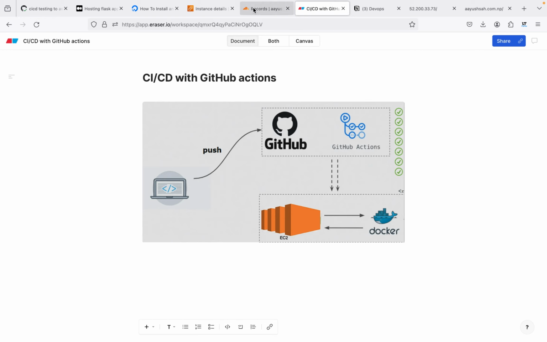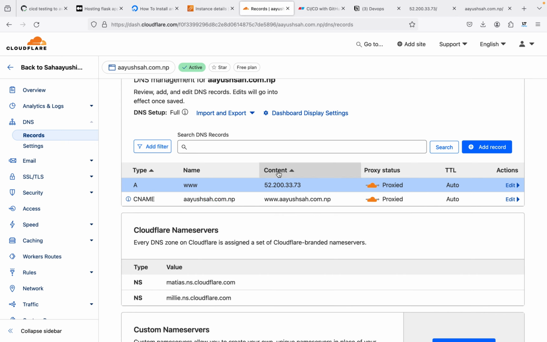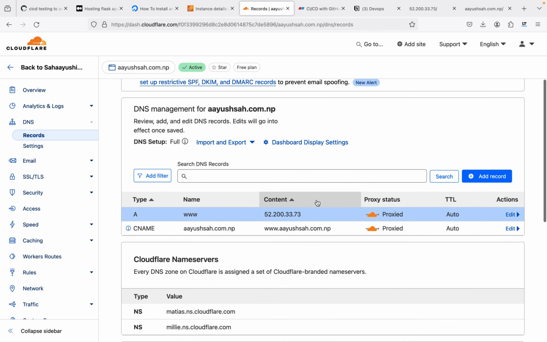And finally there was already one domain name I have registered, so you can buy from different sources, and I have just added a record here on the Cloudflare, and Cloudflare provides HTTPS